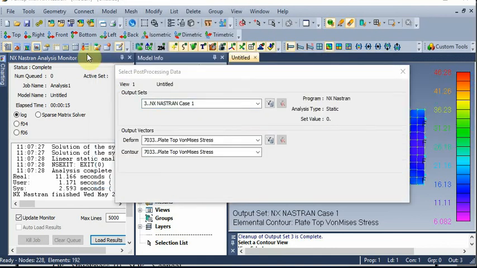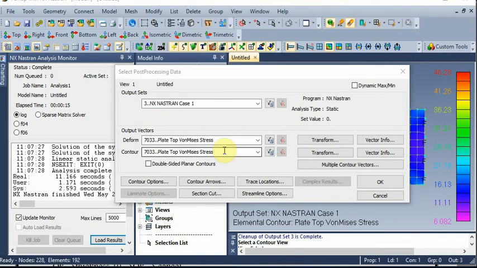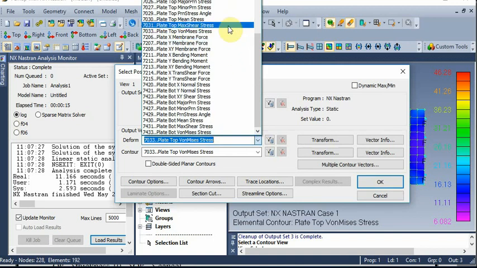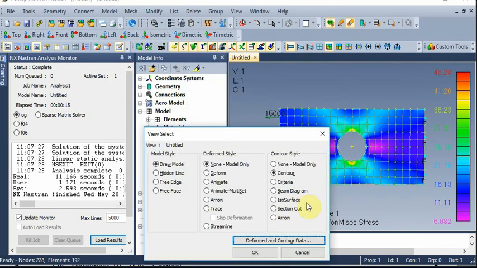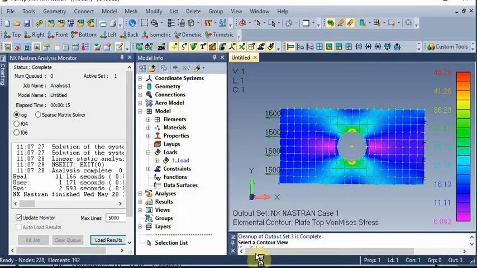We have to analyze the von Mises stress. So from here take the von Mises stress in this menu, and here also select von Mises for contour, then give OK, then give OK again. So this is the solution. You can cross check with the manual solution also.